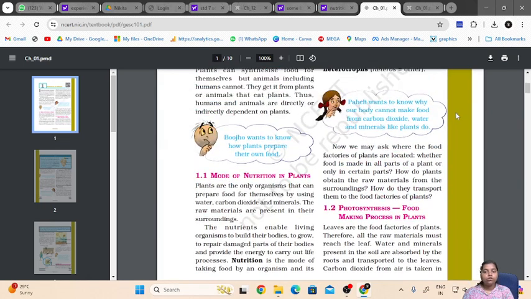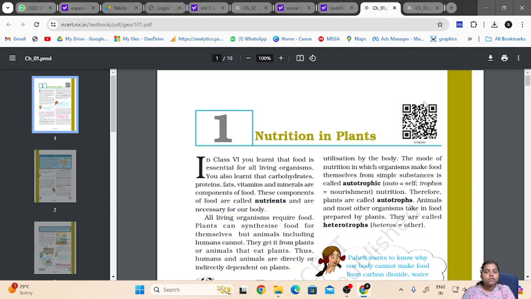Okay, so you all have understood what that process is, that is photosynthesis, correct? And in which part is it taking place? In the leaves. So it requires the raw material, correct? The raw material first needs to reach the leaves, then the leaves will start making the food for the plant. Understood?